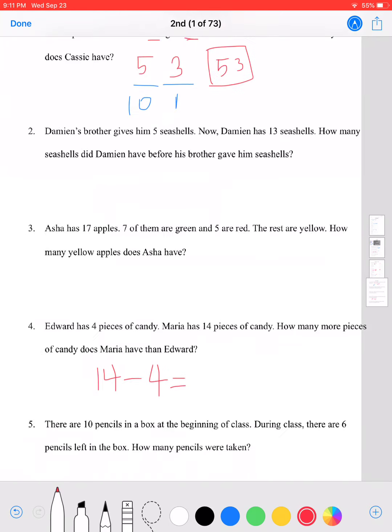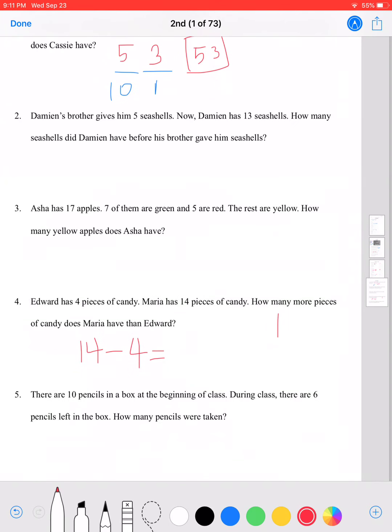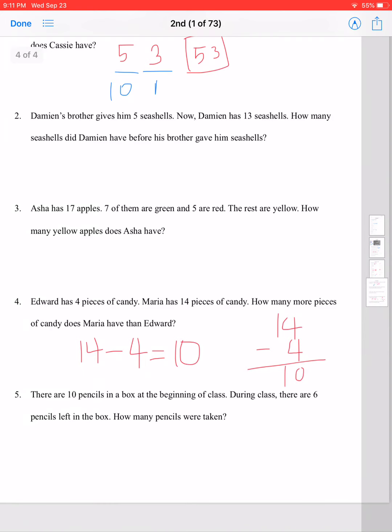It might be easier to look at it this way, 14 minus 4. Now we have 4 minus 4, it equals 0. And then we have 1 minus 0 because there's nothing there, so we're going to bring the 1 down, that's 10. So Maria has 10 more pieces of candy than Edward does. So this is how we're doing the